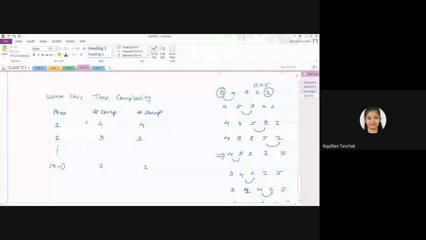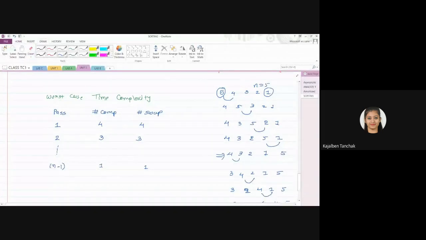जब पास 1 था तब हमने 4 कंपैरिजन किए थे, राइट? पास 2 था तब 3 कंपैरिजन 3 स्वैप्स किए. सेम वे फॉर पास 3 तब उसमें 2 कंपैरिजन 2 स्वैप किए up to 1. So if you want to find out the time complexity, then you will do what? You will sum up all these things. So if your algorithm is like this, 1 plus 2 plus 3 up to n minus 1, right? You will compare 1 plus 2 plus 3 up to n minus 1, right?